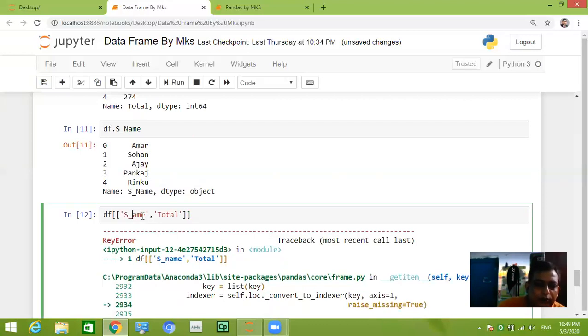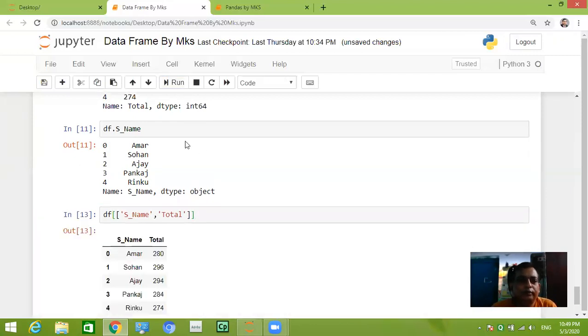It should be capital N. So now it will run.